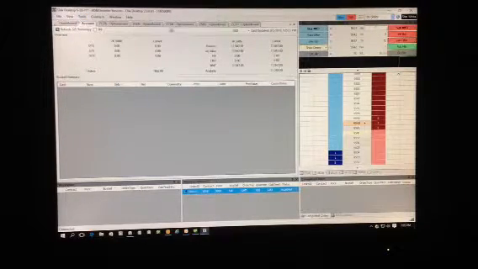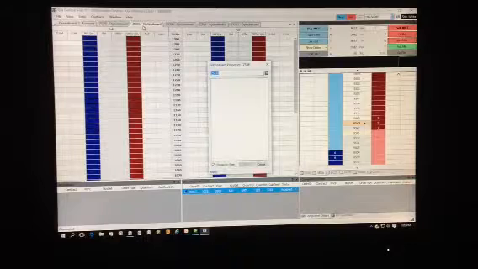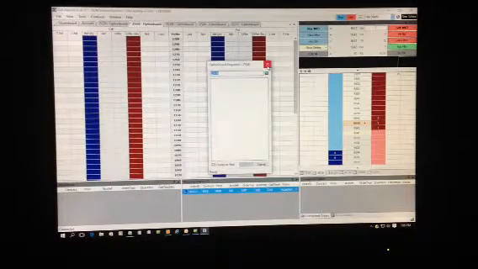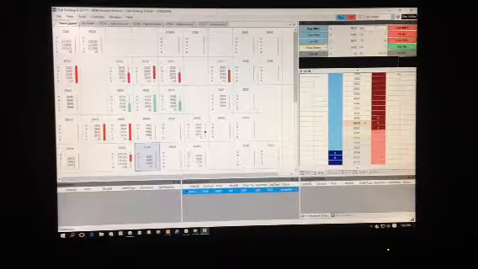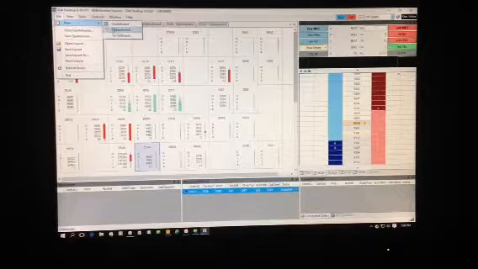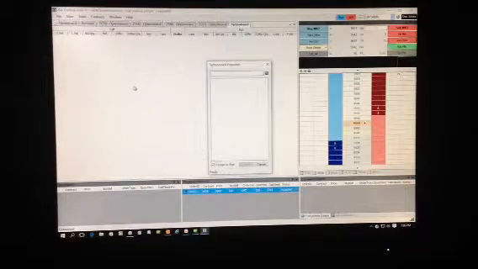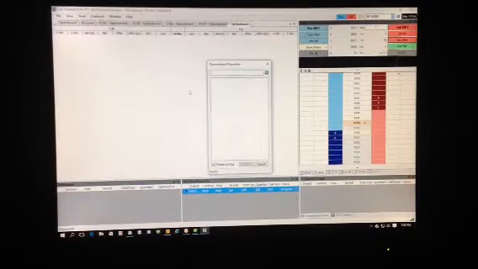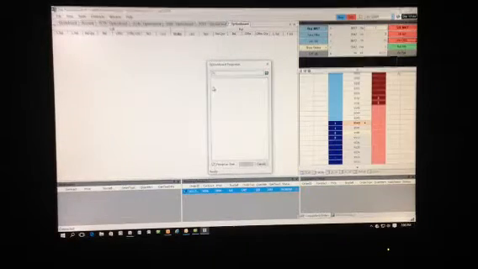You can add other option boards and other contract boards. Right now I've got September soybeans. Well, it has gone off the board, so I just click out of that. And I go to File, New. I'm going to put in a new option board. And I'm going to put in Z, trying to do this in the dark. Z, S, and let's use